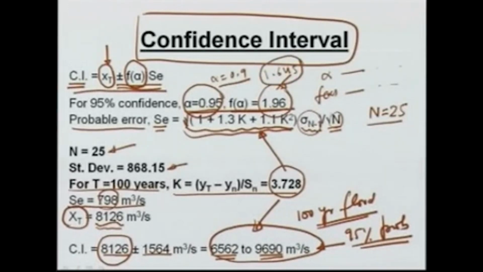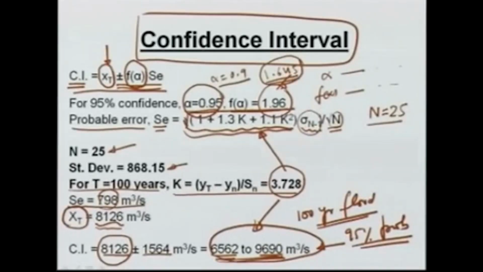So, when we put that, we will get a range here which will be smaller than this range, because f alpha has become smaller. So, a 90% confidence interval would be smaller, again centered on the mean 8126, but the band will be smaller. So, as we reduce the confidence level, the band will get narrower and narrower, but 95% confidence